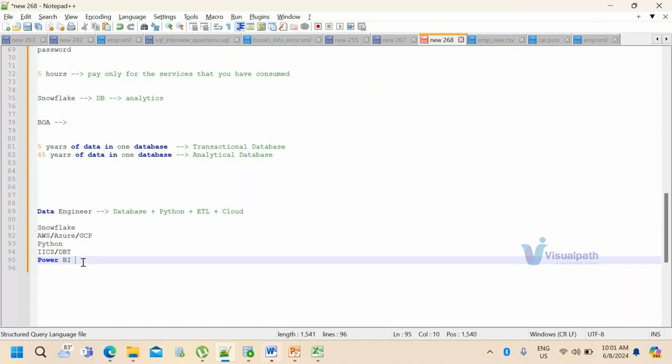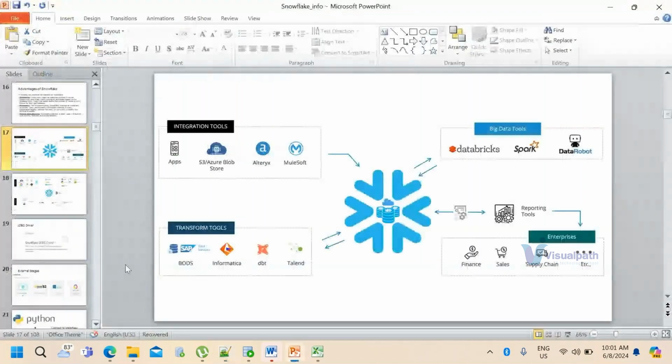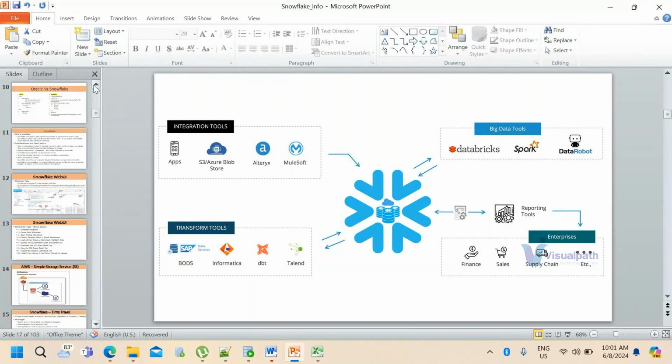And also we are going to learn about Oracle. When I say Oracle, how you are going to load the data from Oracle to Snowflake. That is one more example that we are going to take. You're clear, right? So when I say Snowflake can interact with different ETL and reporting tools, these are the reporting tools, and these are the ETL tools, and this is the reporting tool.